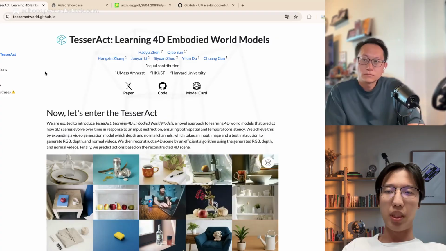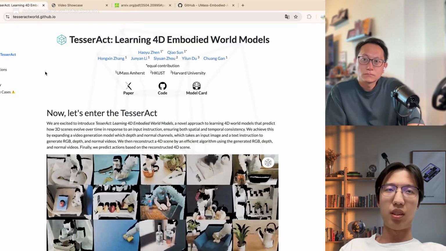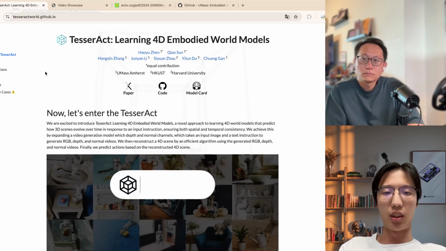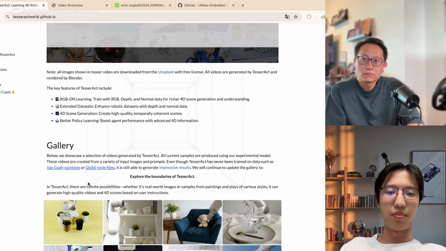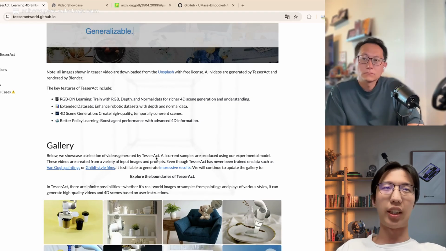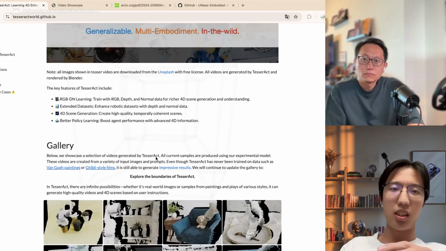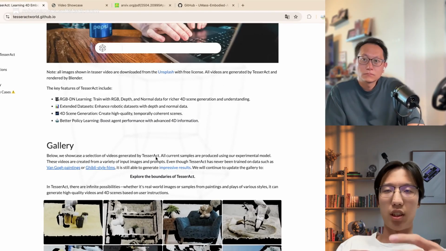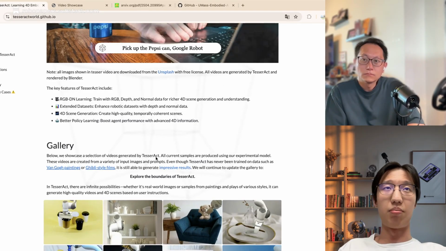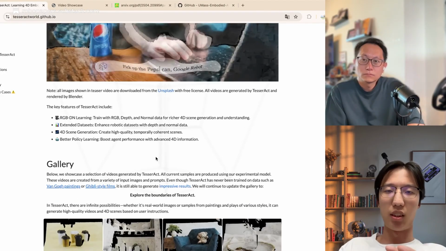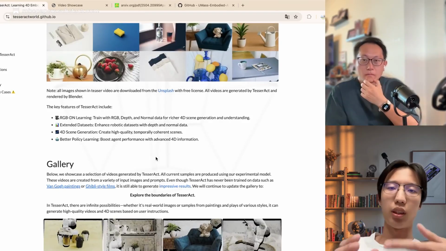This action can be textual, like instructions provided by the user, like pick up the cup, or it can be a position or rotation of the end effector, in floating numbers, to control the robot to move. Then the world model can generate a video.